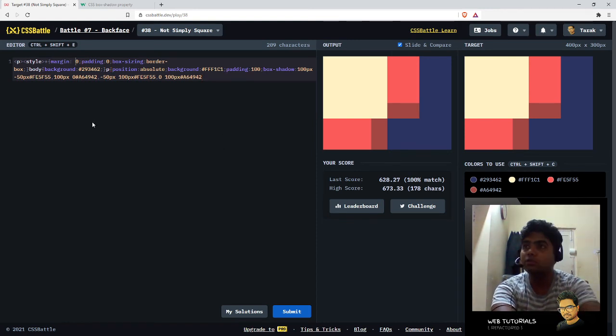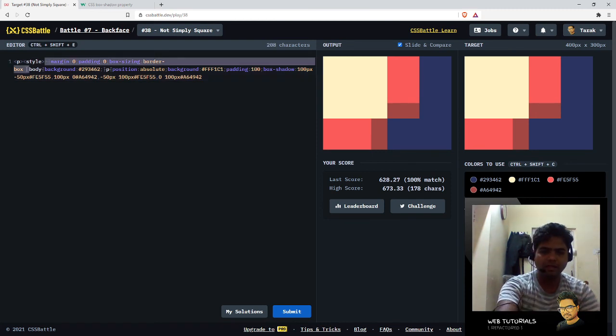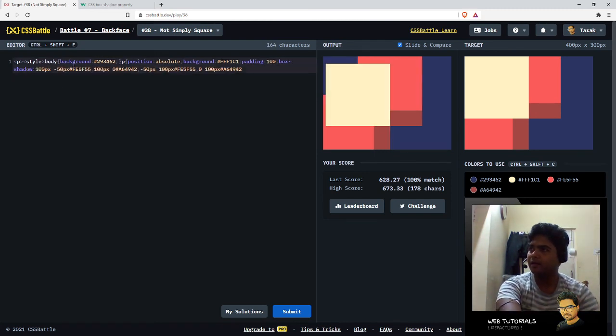I can remove this space. So we have done it with 208 characters. In fact, for this problem, I can practically have margin 0 and be done with it.